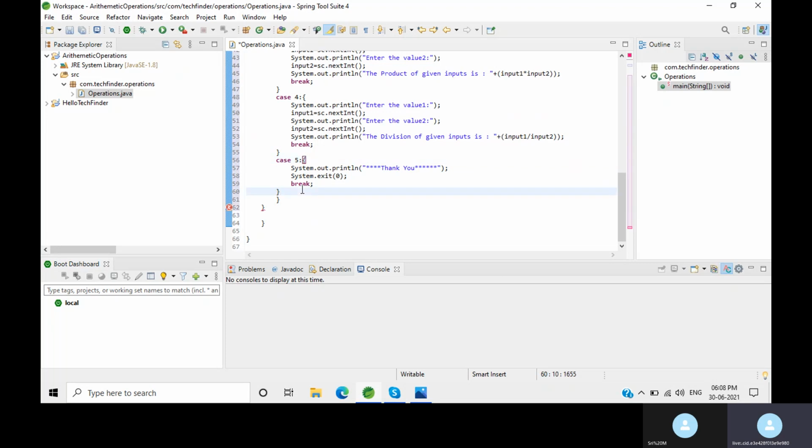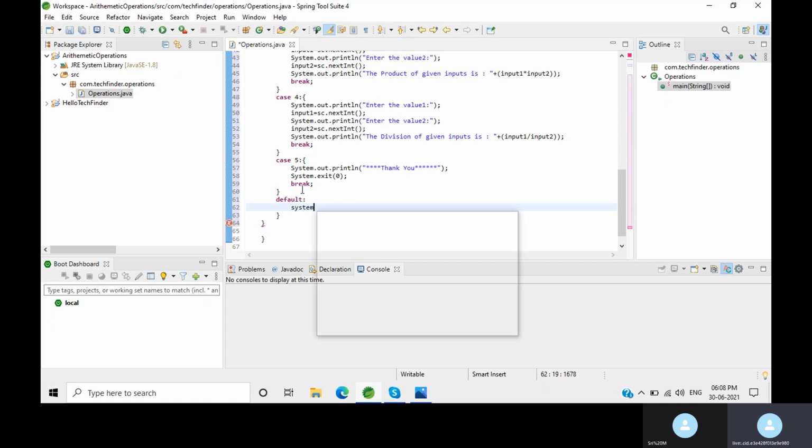Then at the end, we need to write the default case as well. The use of this default case is if the choice entered by the user is not in the cases, then this default statement will execute.